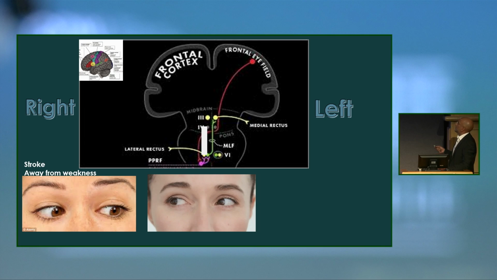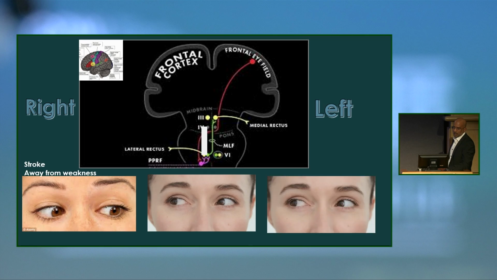Now, consider, if you will, repeatedly exciting this pathway, as in a seizure. What you do is cause the eyes to move in the same direction as the weakness. And that's one of the subtle ways of differentiating a seizure from a cortical origin, from a stroke. And obviously, if there's a brain stem stroke, then this goes out the window. And my colleague Simon Cronin might allude to it in his talk later.